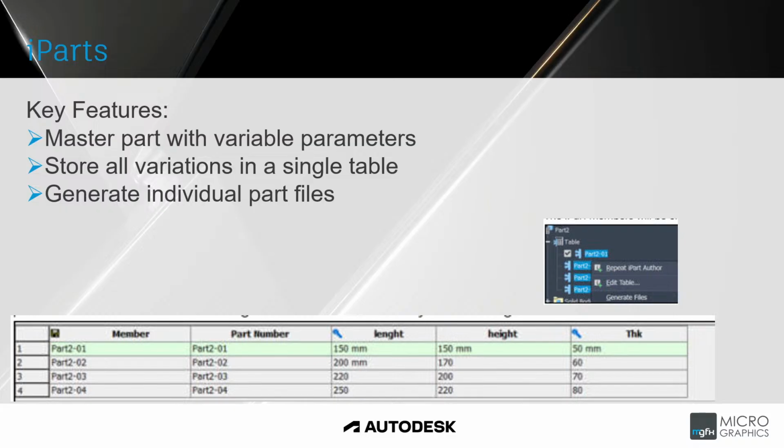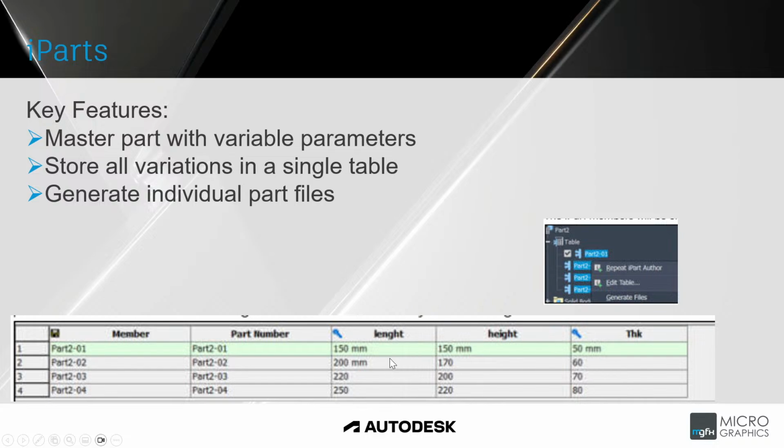iParts are part files that contain multiple variations of a single design. It's similar to a product catalog where you can create your single part and use that single part and set up a specific catalog. One thing about iParts, it needs to be similar in shape, but it can have size variations, as you can see. Now this would be a small example of just a block where you've got a length, height, and thickness,